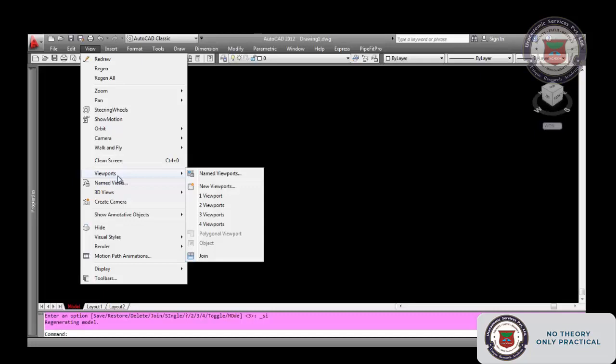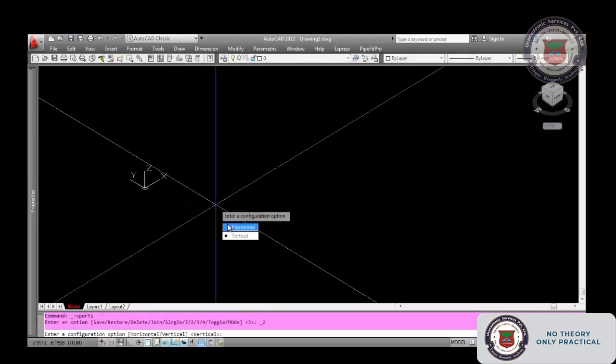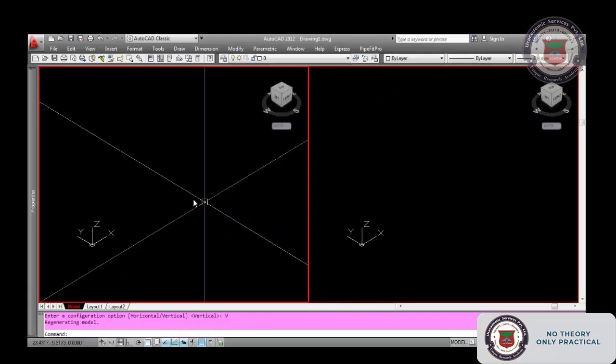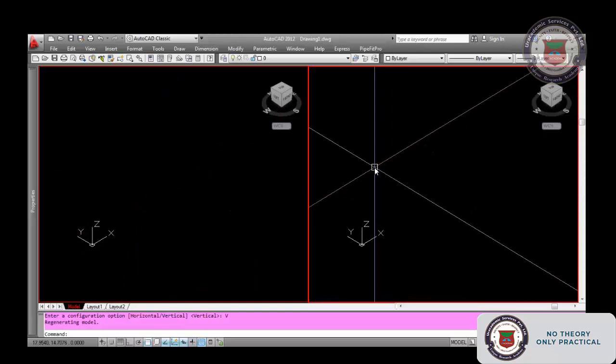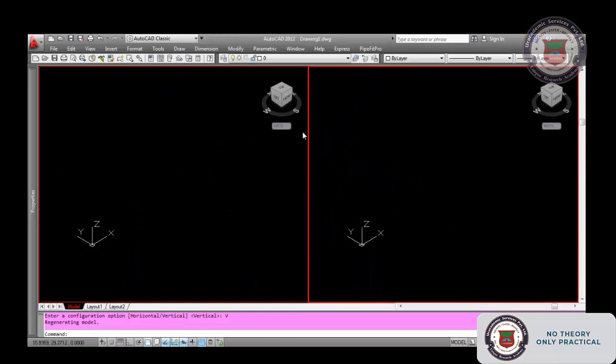You no need to rotate and all, you can directly do it on the viewports. For that you need to split the window into however many viewports you need. For example, if you need 2 viewports you can click 2, horizontal or vertical. For example, vertical means you will get 2 windows, one here, one here. From that you can select.